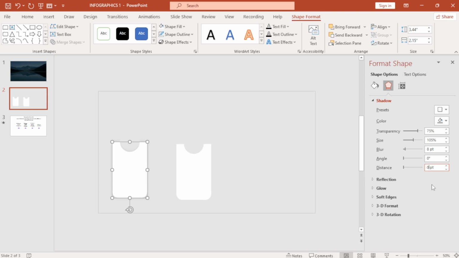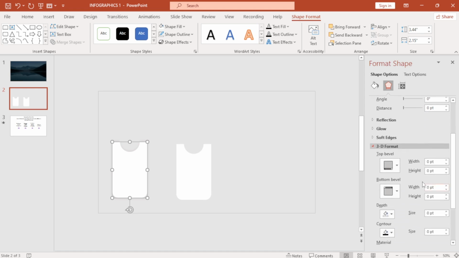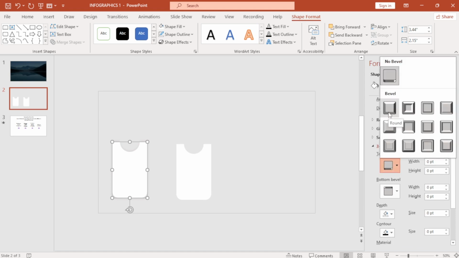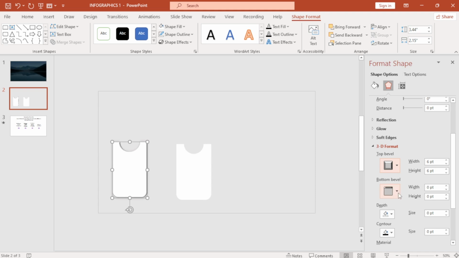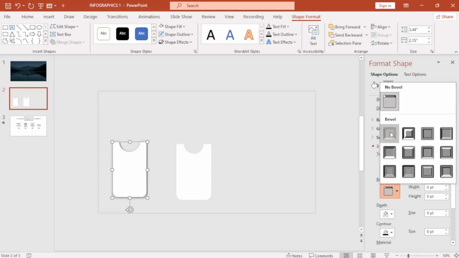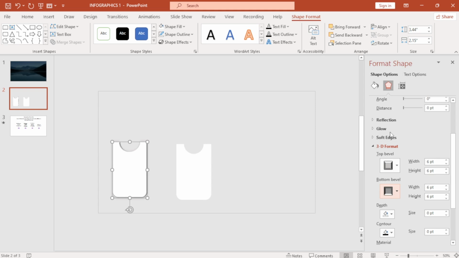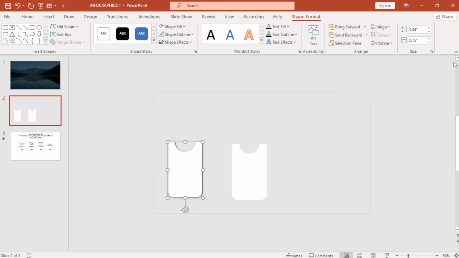Awesome. Once that is done, the next thing you do is to go to the 3D format, come to this top bevel and select round, and then come to the bottom bevel and select round as well. Awesome. That is what we have. After that, close the shape format, and then come to this,